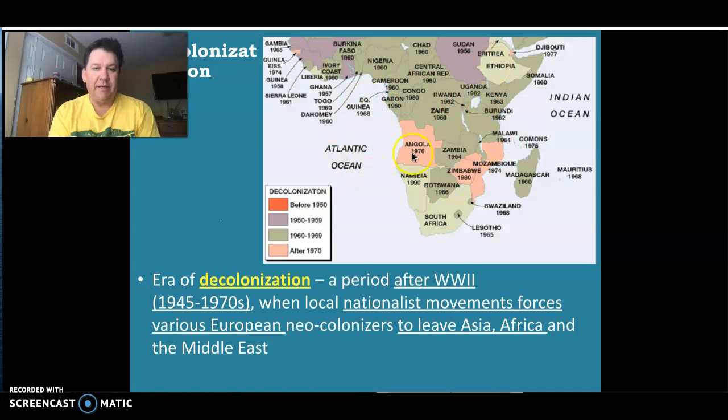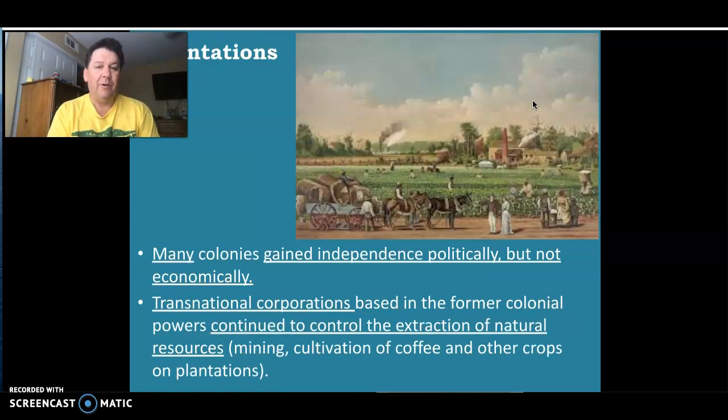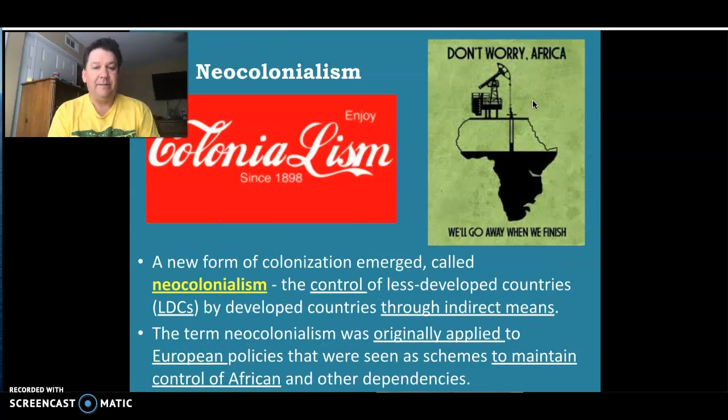So that is why I told you guys, when you talk about the beginnings of countries in Africa, if you guess 1960s, you'll see on this map, almost everything was born between 1960 and 1970. And that's every country in Africa, as you can see, or just about every country in Africa. The only one never to fall under colonial rule was Ethiopia. So you're welcome if you're ever on a Jeopardy question. But the same things happen in the Middle East, which is going to lead to all the fighting that we see today. If you're not familiar with what's going on in the news today, the wars that we have fought, all those different things. It's known as neocolonialism, just a separate word, just so you know, neo means new.